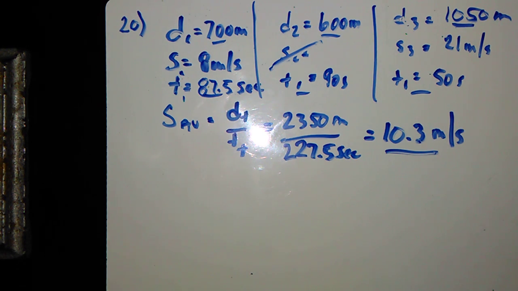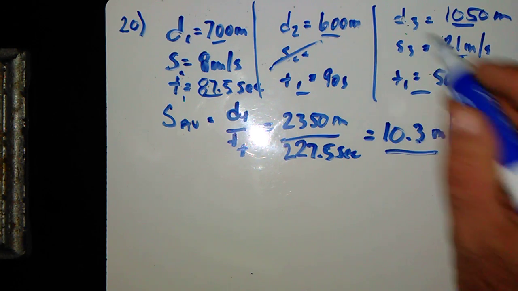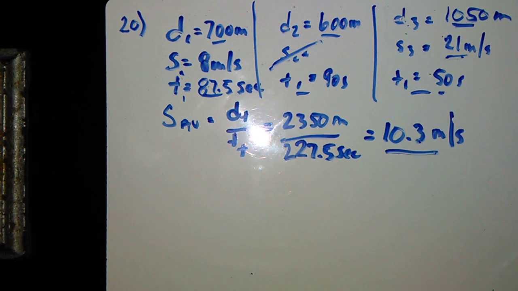But generally, that's what you'll have in class, just 3 or 4 parts of the trip. It does become more difficult when you have to find something like a speed of one part, given some information here, or even a time of one part. But we do discuss number 24, and that's more of a